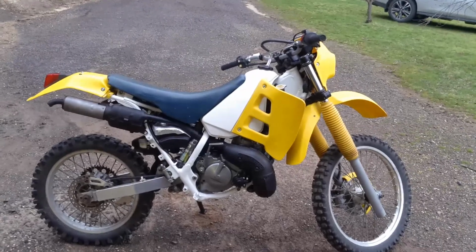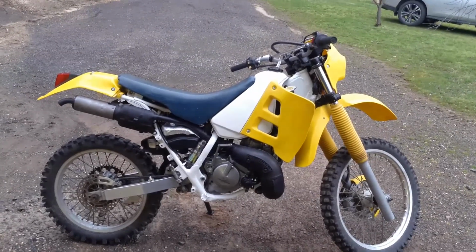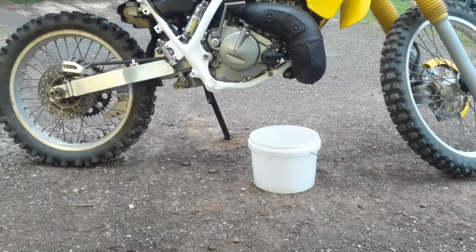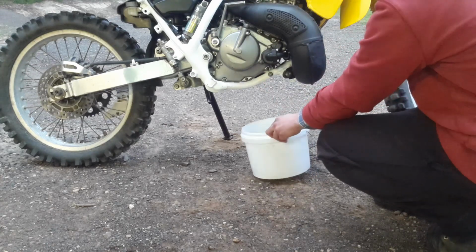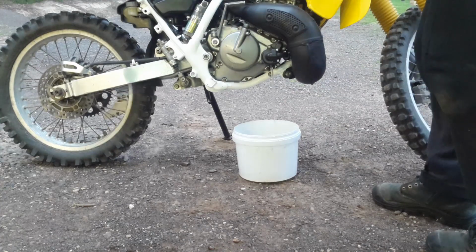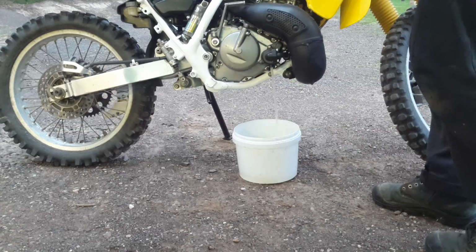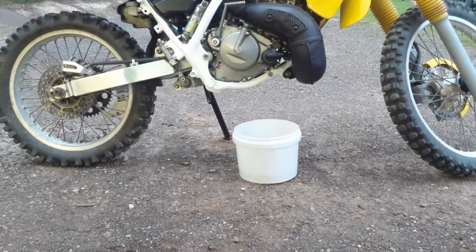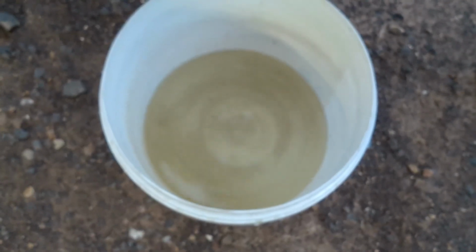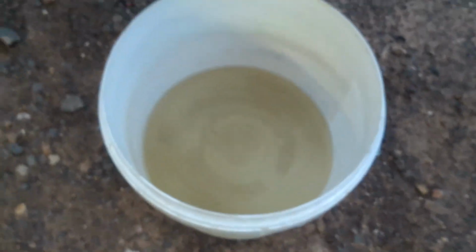I'll dump out the water, and hopefully all the green comes with it, and then I'll put in some good green coolant. Alright, I've let things cool down a bit because I don't feel like getting scalded, so I'll see what colour the water comes out now. The bucket had a bit of dirt in the bottom, but that does look green to me. It looks brown to the camera, but...